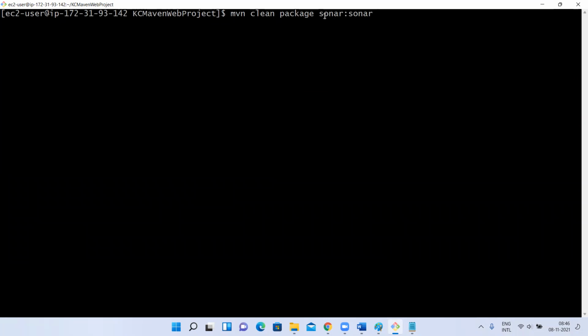In that SonarQube scanner, in sonar-scanner.properties, you have given one URL, right? The SonarQube server URL. There it will upload. So as per the URL you defined in your SonarQube scanner, after scanning the report, your SonarQube scanner is going to upload the report to that SonarQube server.